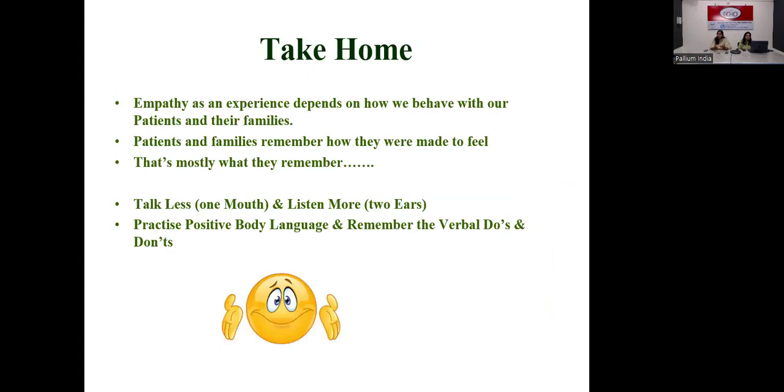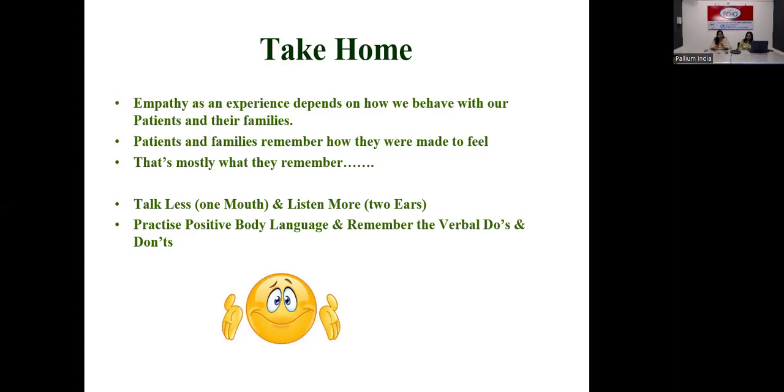So, some takeaway home messages. Empathy as an experience depends on how we behave with our patients and their family. Empathy obviously means acknowledging them, and it's not just sympathy that we need here. We need to empathize with them. There is much more than sympathy that we need to do. Patients and family remember how they were made to feel. Even in a very normal communication,